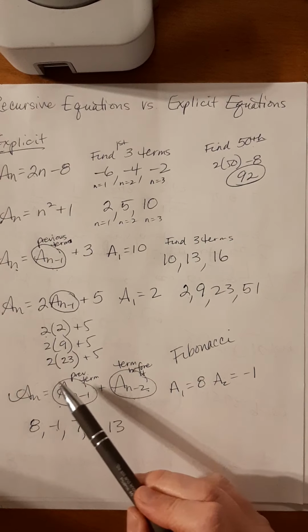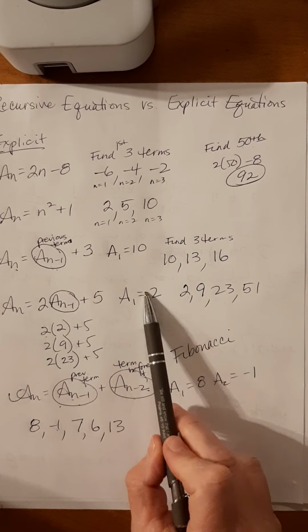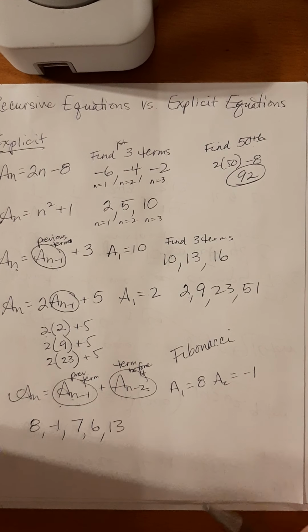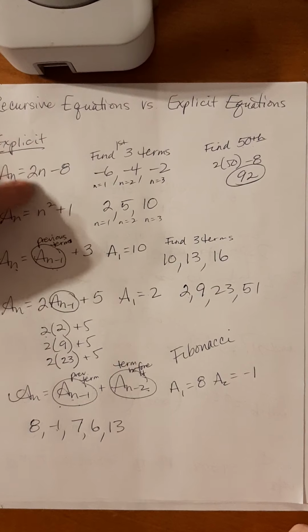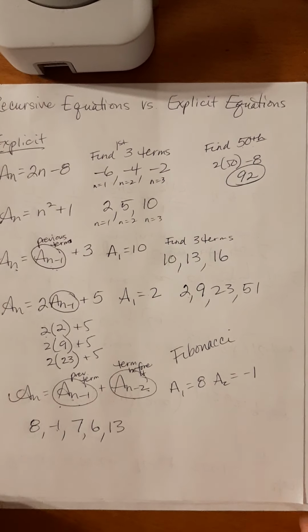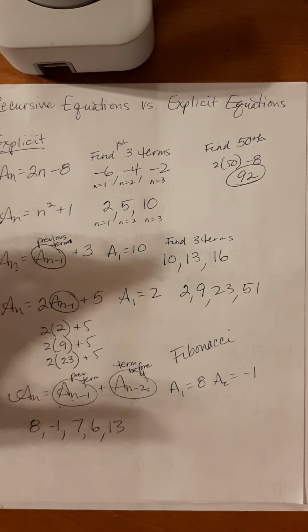But as you can see, with the recursive, they have to give you what the actual term is to get started. And if you wanted the 30th term, you've got to find 29 of them. Explicit, no matter what it is, they give you the formula, you plug in. You can find the first 3, or you can find the 1000th term if you want, without a computer, and